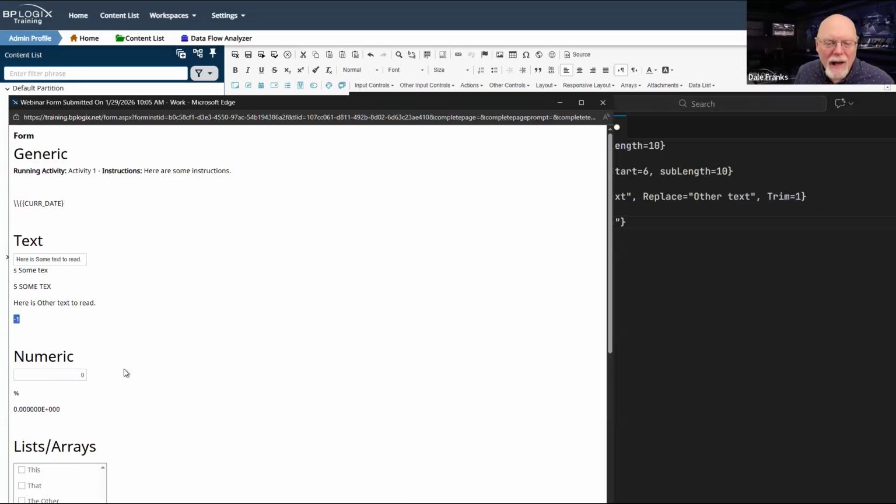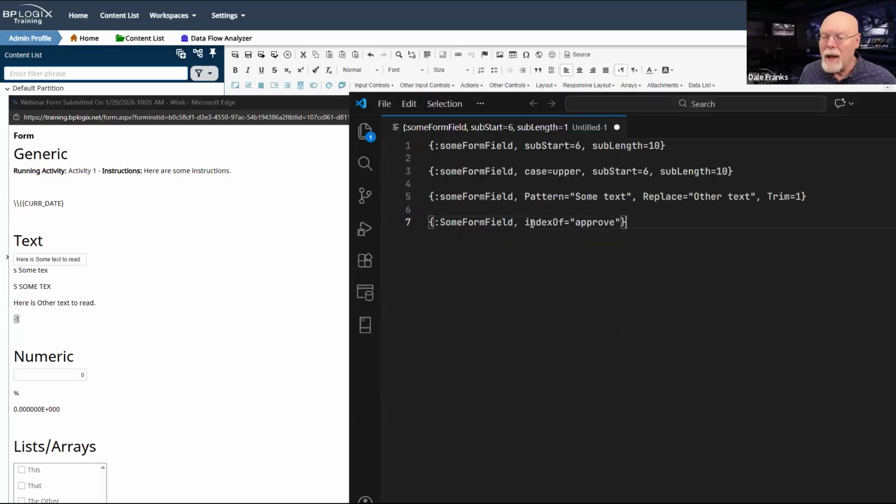And then there's this index here, this number here, which is just returning -1. Now, what does that mean? Well, I am looking for some specific text, and that text is approve. And that text does not exist here.